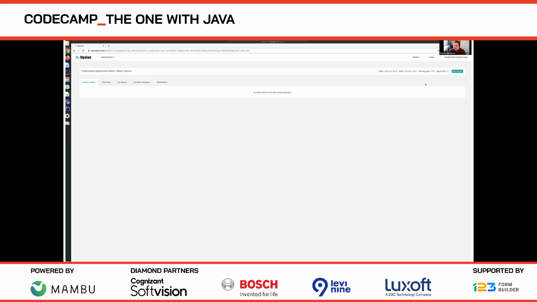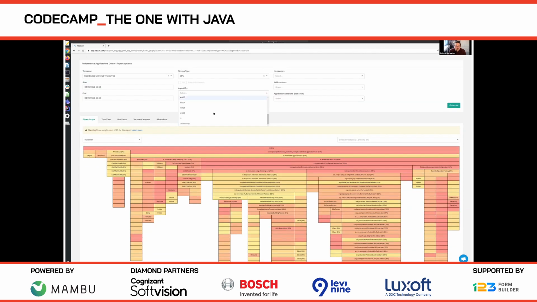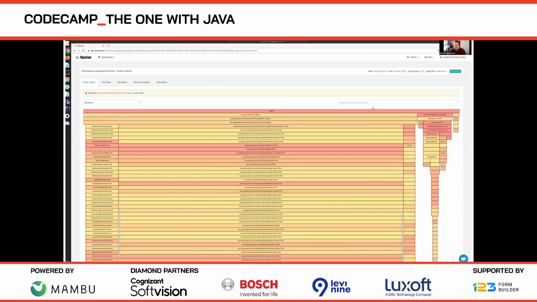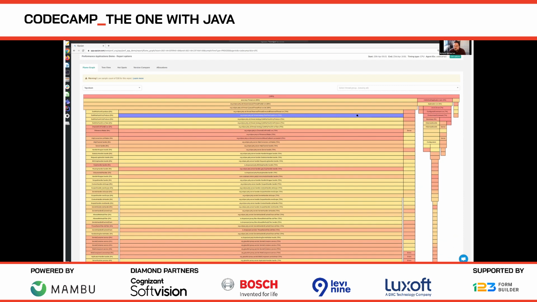Well, I've got a profiler that I've attached to this, which is the Option profiler here, and I can narrow down the results and I can get you some profiling data that we've got for this system in question. So I've been running this profiler whilst I was running that benchmark. It's been a very low overhead profiler, so it hasn't impacted the performance very much. And I've got the results here in terms of a flame graph.